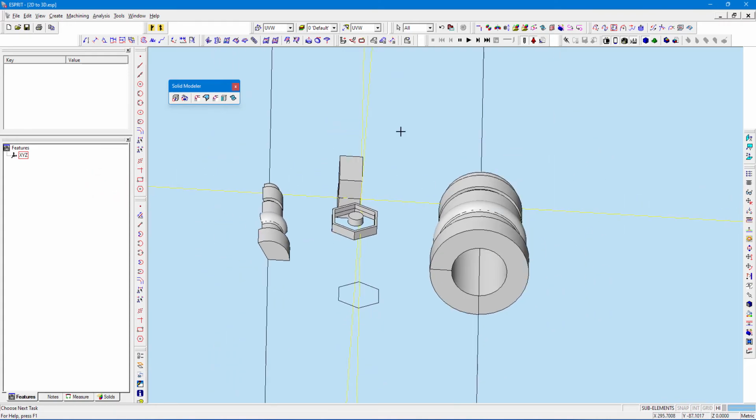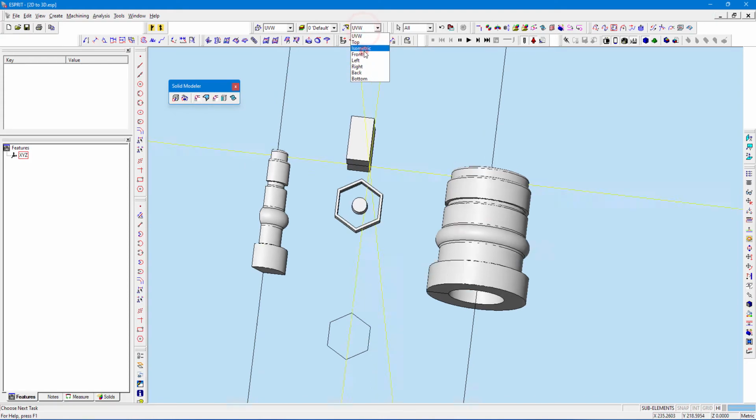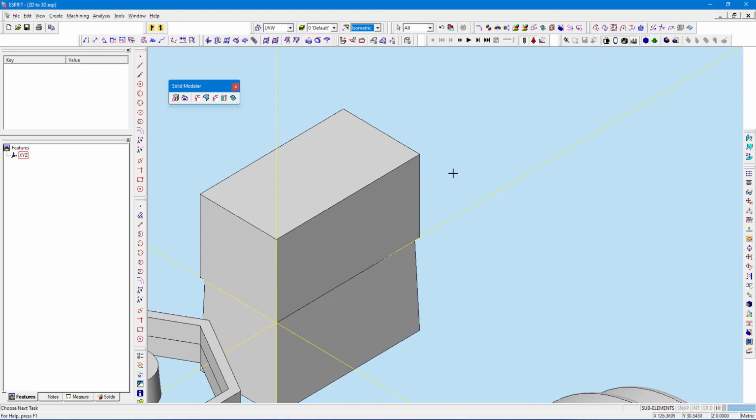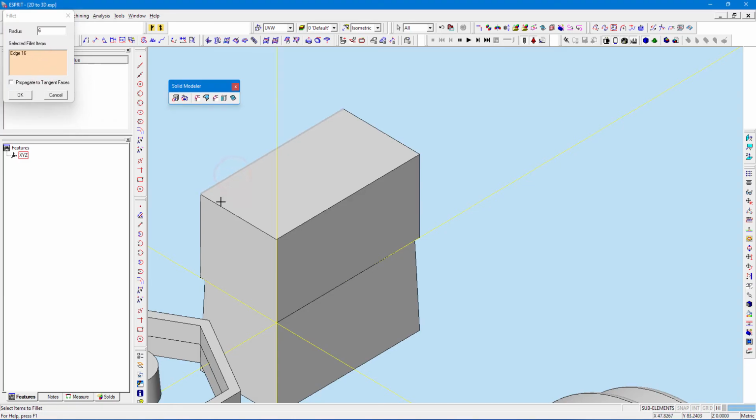And next tool is constant fillet. I will go for isometric, and I will show you in this square block. I will select the constant fillet, and whatever radius you require, I just need 6 mm, and I will select one edge, second edge, third edge and fourth edge.